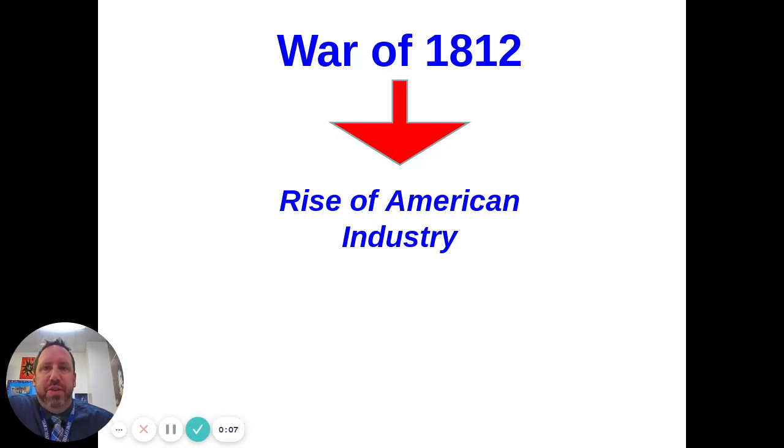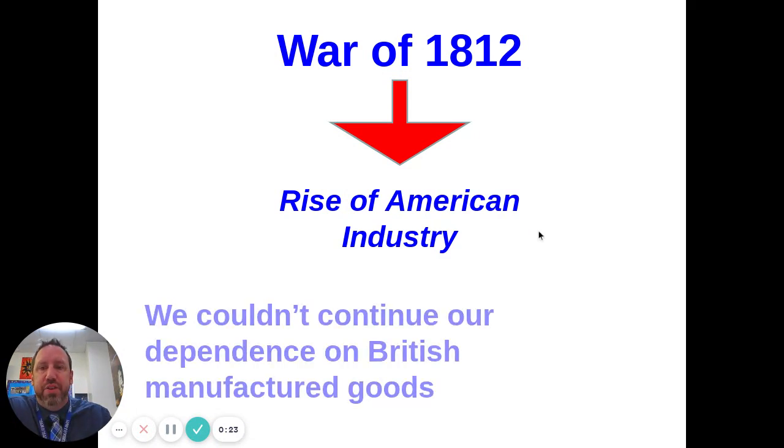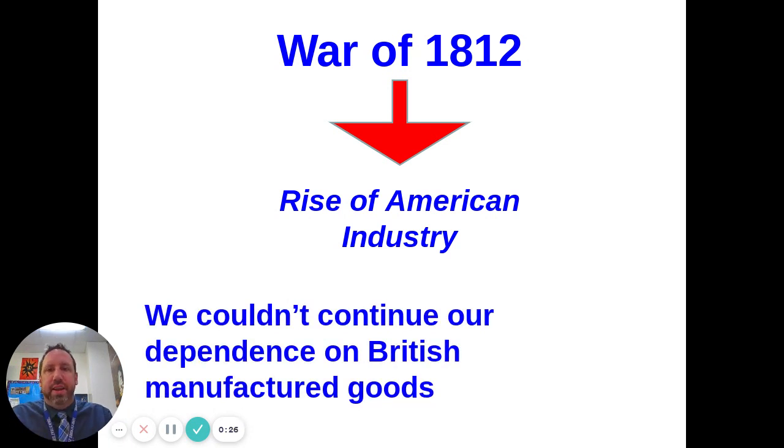All right, so our first unit is about essentially the Industrial Revolution and the growth of the United States after the War of 1812. So, quick reminder, one of the effects of that conflict that we ended last nine weeks with is a rise in American industry. And particularly, that's happening because the United States wants to limit its dependence upon foreign manufactured goods, in this case, British manufactured goods, because Britain had been really good at making manufactured goods for quite a while.